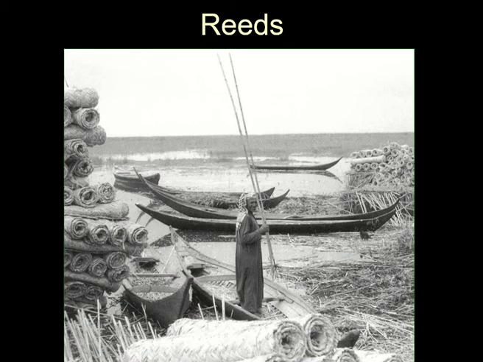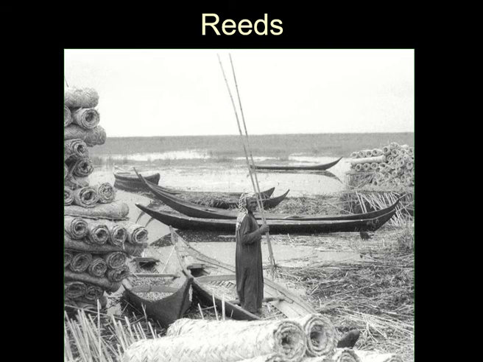So we'll continue looking at plant materials, or a selection of plant materials. We're going to look at reeds for a bit. Reeds are not trees, of course. They grow in wetlands quite often, and although there's a lot of dry areas in the Middle East, there's also occasional wetland. This is from the marshlands in the Tigris-Euphrates basin